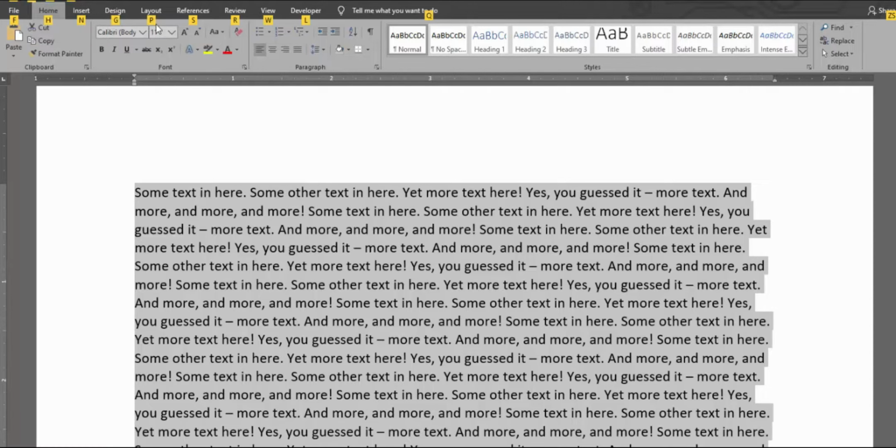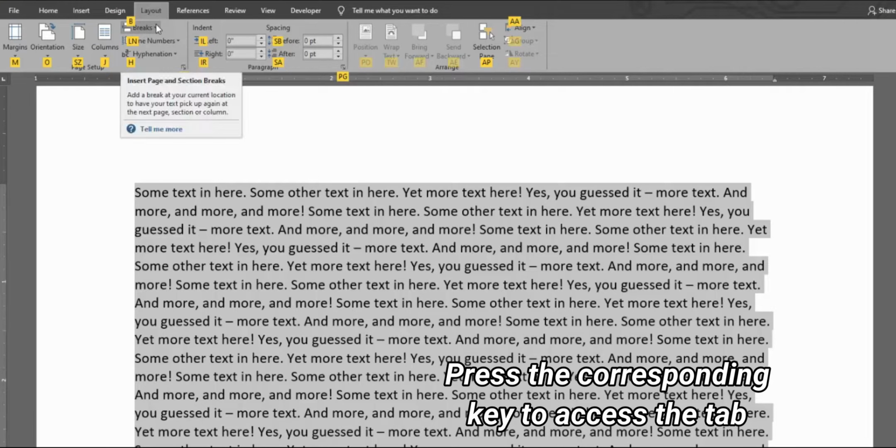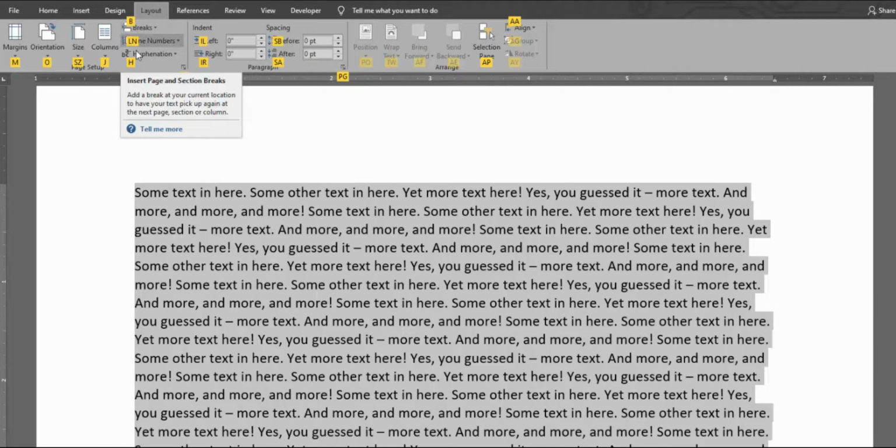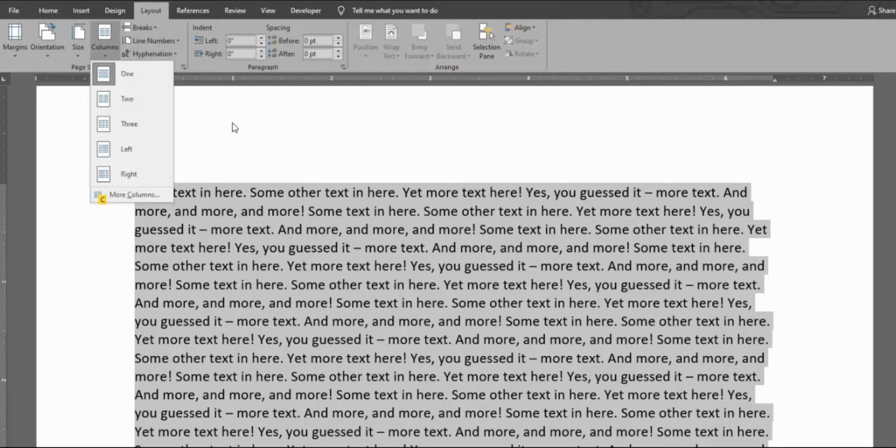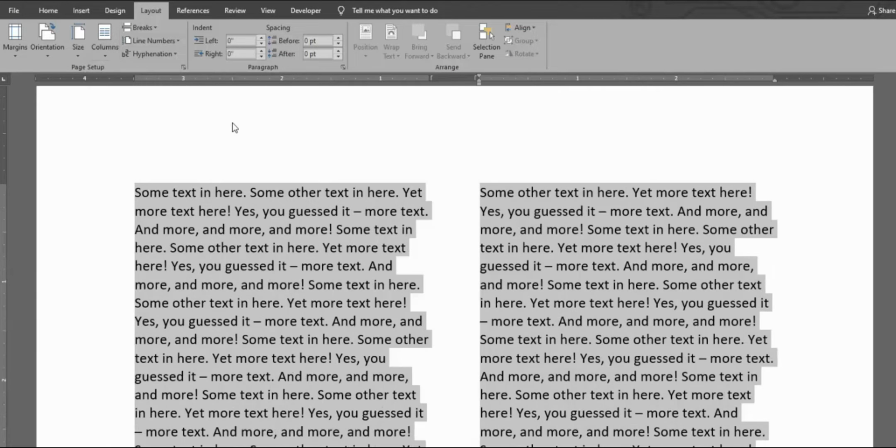In this example, I want to format my selected text to a 2-column layout. I know where my tools are. They are in the Layout tab, which in my case corresponds to P. So pressing P will be equivalent to going over to the Insert tab and clicking it, except it's way faster. Then, under the Columns tool, I see my next key press should be J. Now I can use my arrow keys to navigate through these options. Super easy! This method applies to almost every single option and tool in Microsoft.